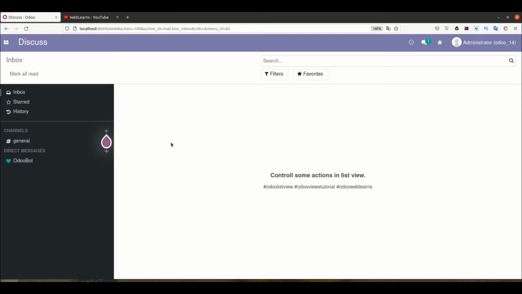That is possible. You can also control this in the list view. Plus, if you have an editable option available in the list view and you don't want to show that update button or edit button, it is also possible. How, we will see in this session.